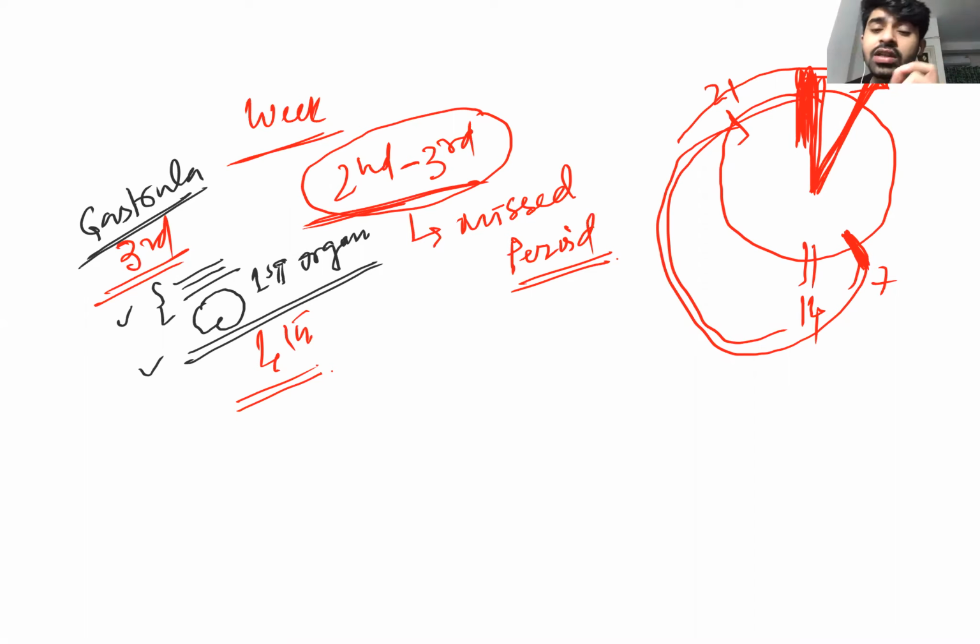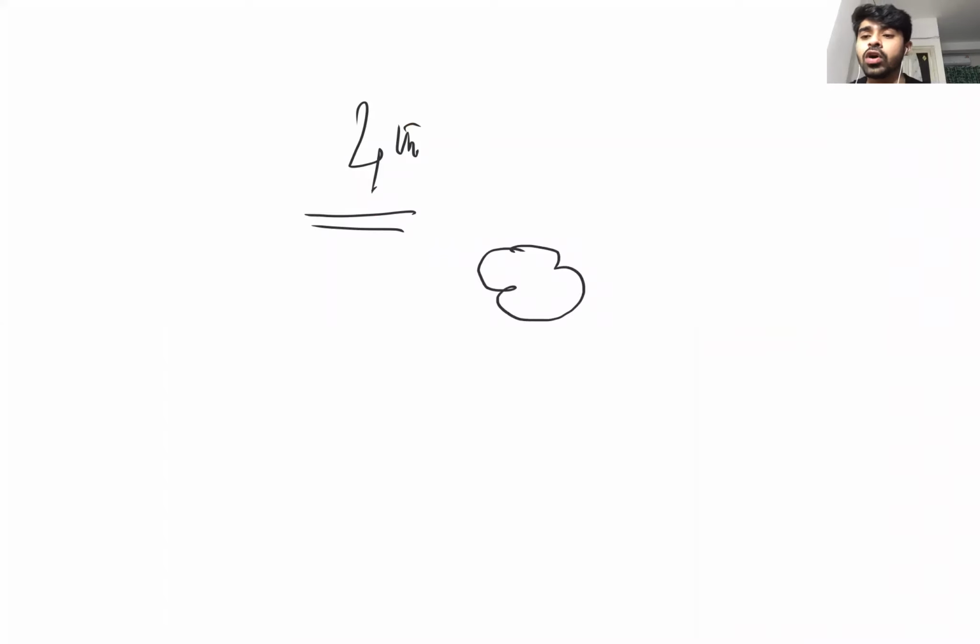So at the third week, what you will get: number 1, you will miss the period. Number 2, 3 germ layers you will get. And number 3, the first organ of the human being, that is the brain, you will get. Okay. And the fourth week, what is the importance of the fourth week? In the fourth week, this organ of the fetus will be formed, that is the heart. So the heart is formed in the fourth week.